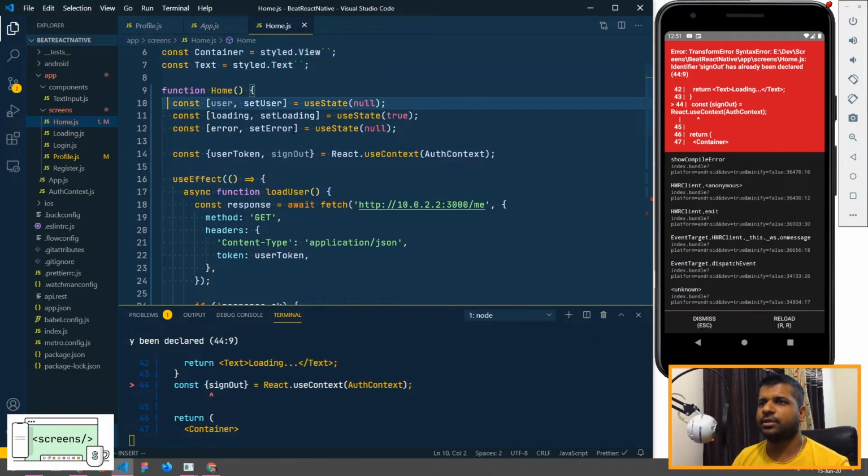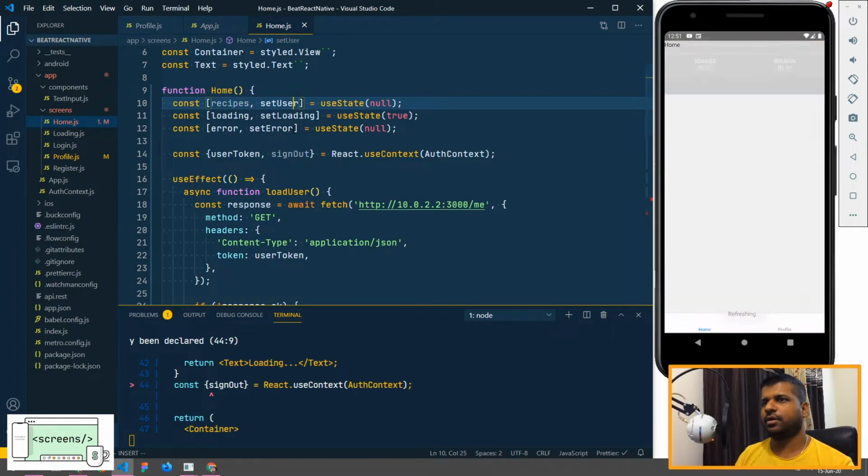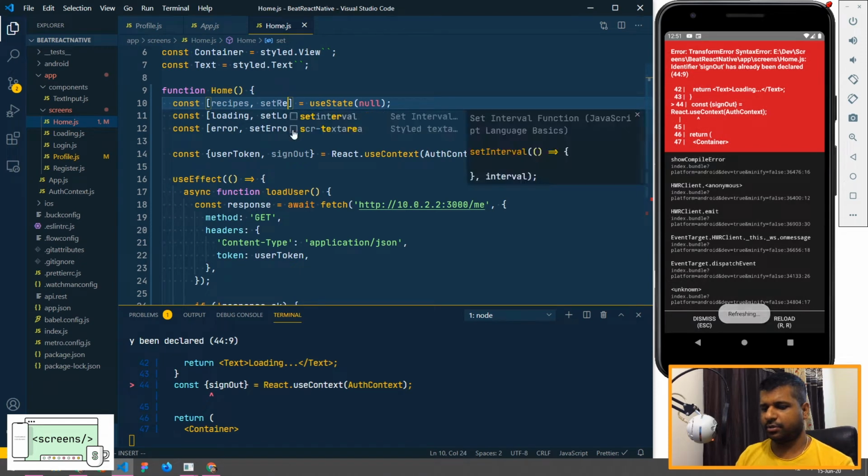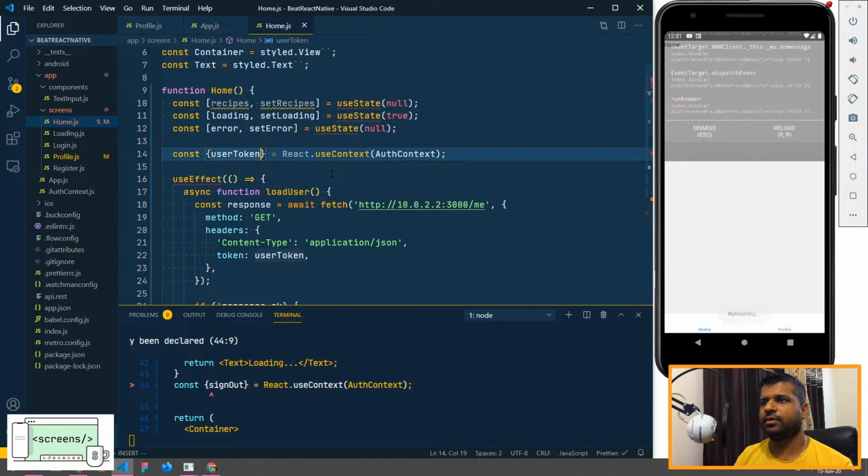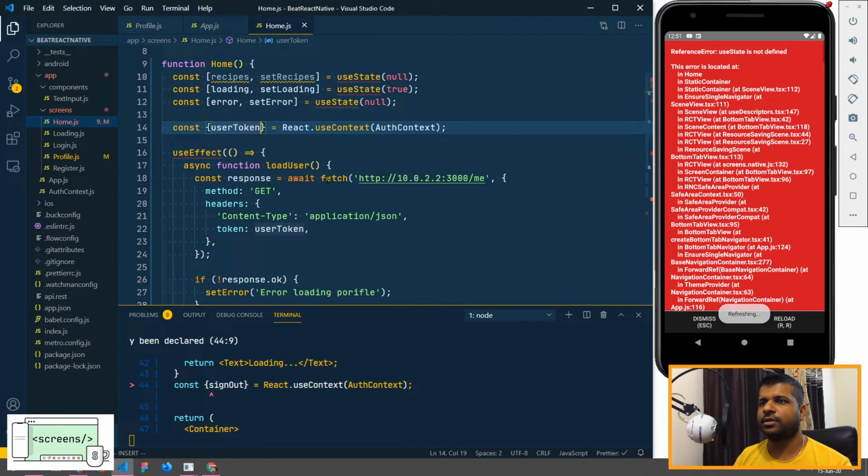So let's go ahead and change this to recipes, and change set user to set recipes, and then we'll have loading and error state the same. So we don't need sign out, we need the user token.